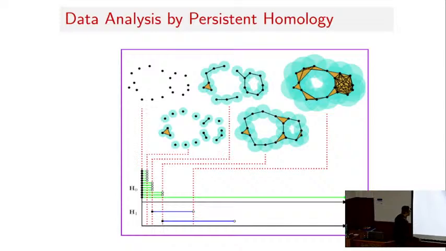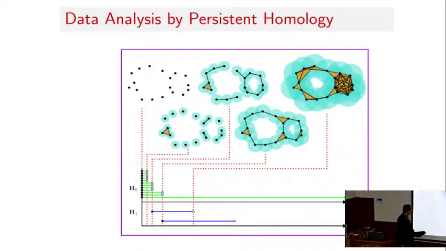As I go with time, like this sequence of the movie, what is happening? For example, here already some of the components have merged, so some of the components have already died. Merging means it has been killed; they are not individual components anymore. So these are dying here. Then some more continue and ultimately die here, because there are only three components, so only three are surviving beyond this point. Ultimately two of them are also dying here. There is only a single component which continues all the way. That's the diagram you get.